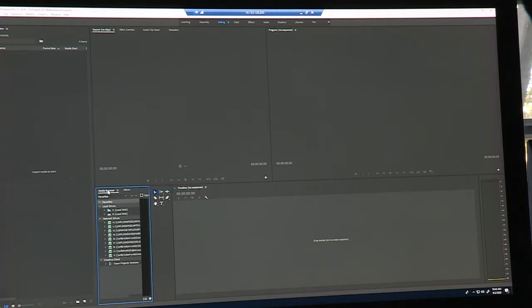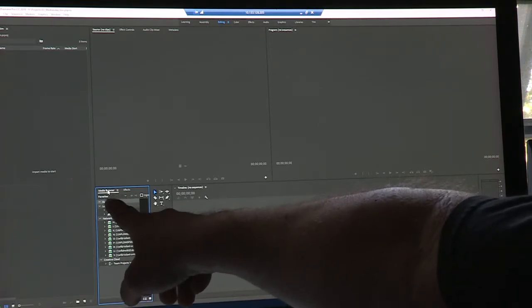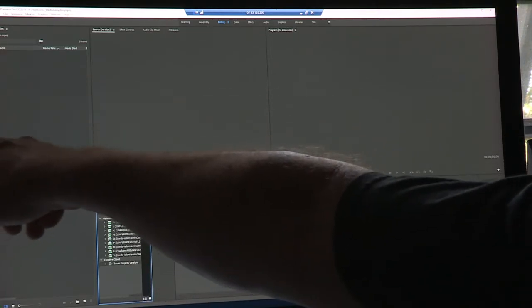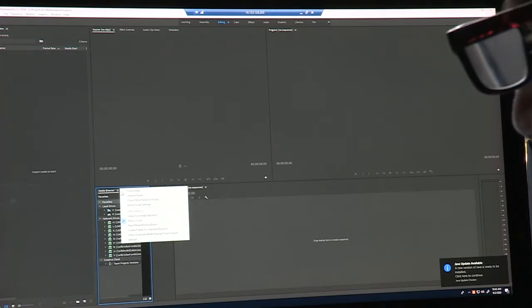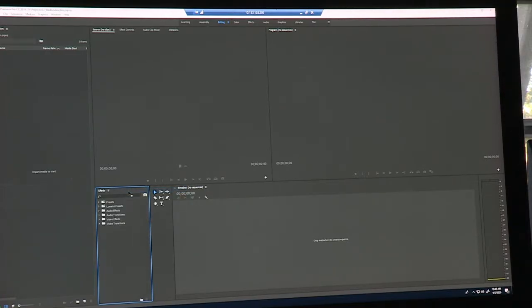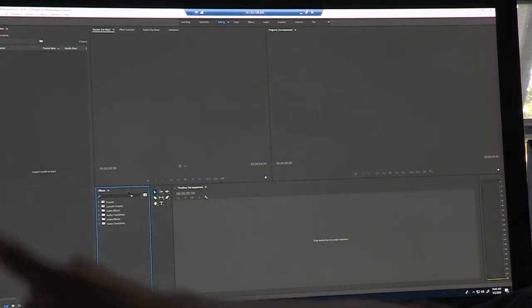I know a lot of people like their media browser. So you can leave it here, or if you want to move your media browser, make it bigger. I don't use the media browser because it's too slow in workspaces for me, so whatever works. So I close my media browser. But you can put it wherever you want. If you'd rather have your media browser over here and leave your projects down here, just get used to moving